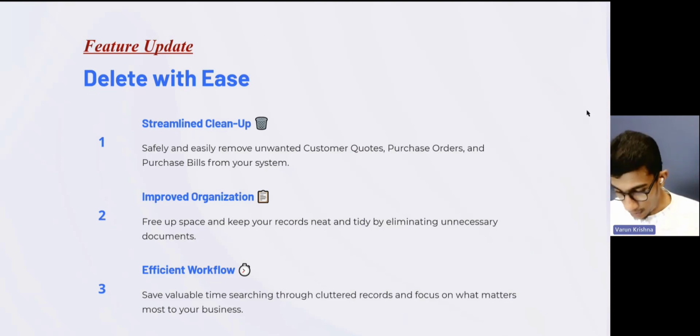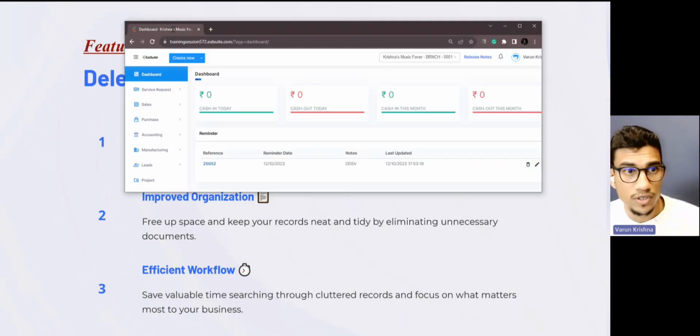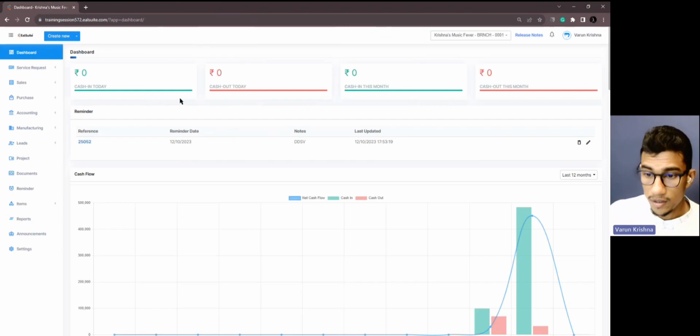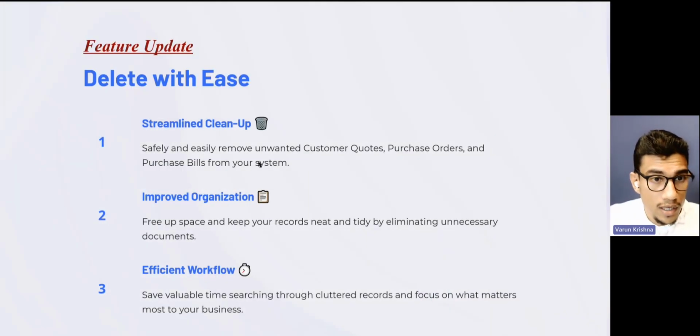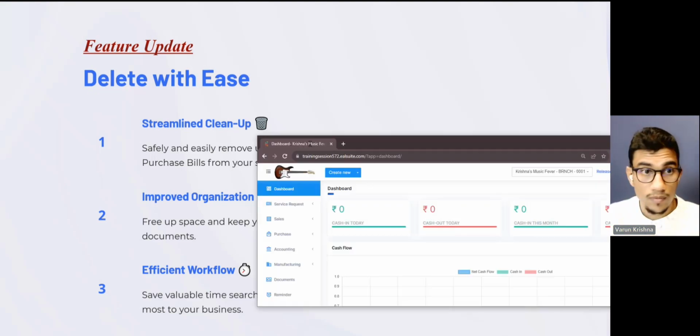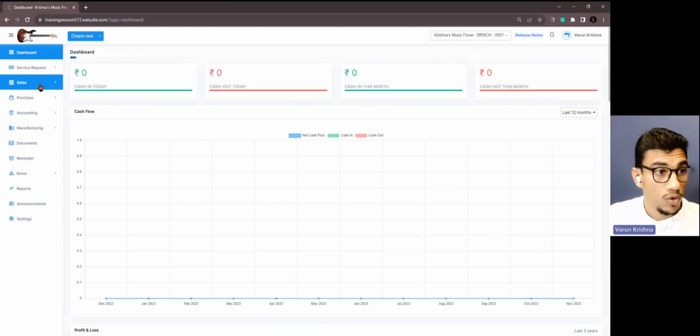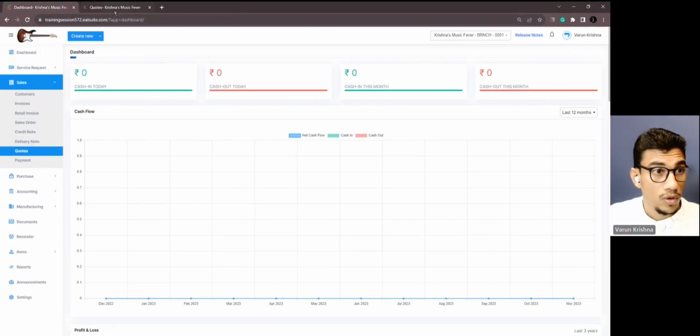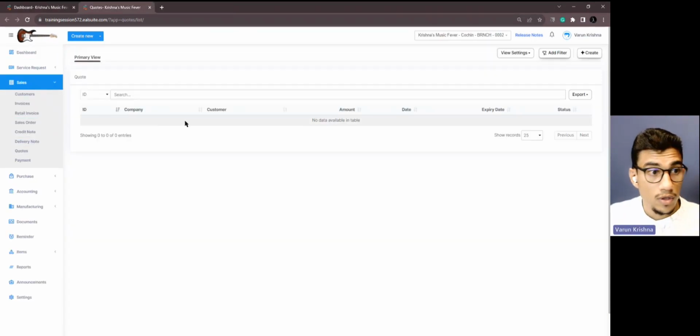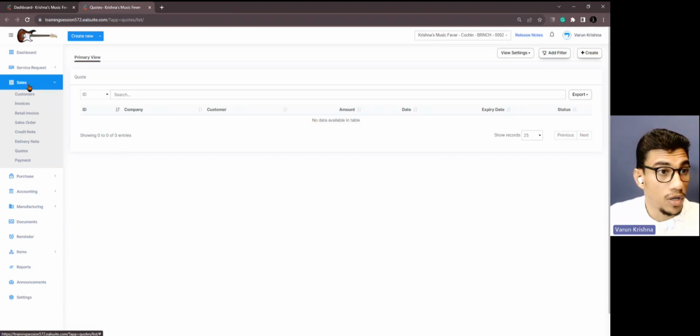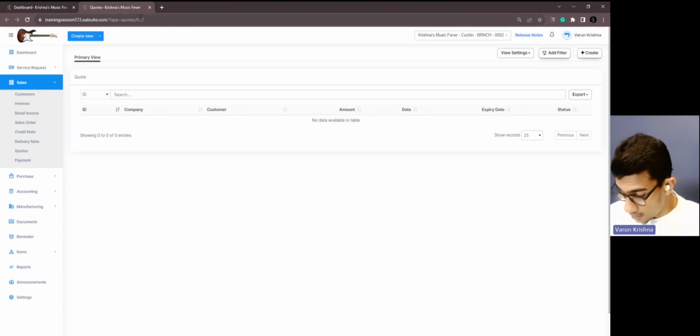And let's see how we'll be able to figure this one out. It's a very simple update, I would say. So we'll do one thing. We will just go back and see customer quotations, purchase orders, and purchase bills. So we'll go to customer quotations right now. No quotations have been created in this particular instance, I would say. So in that case,